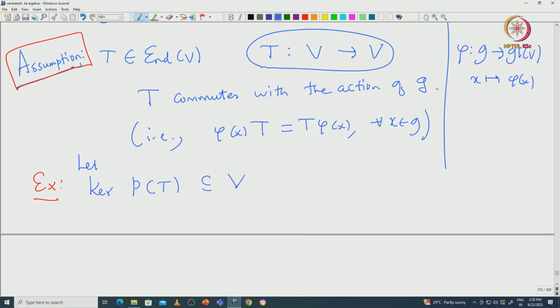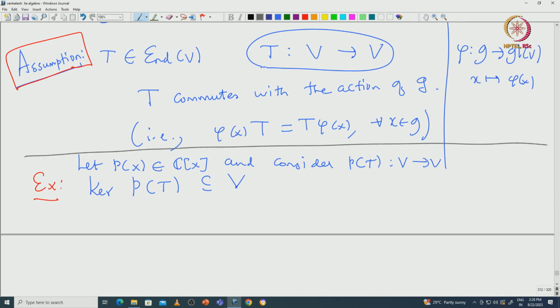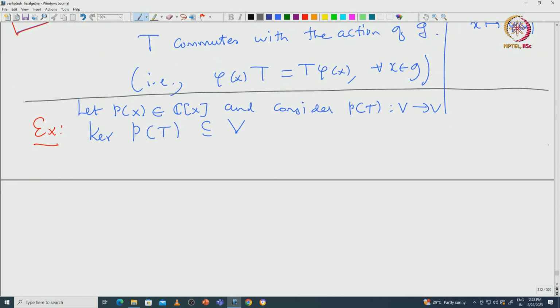Then this will be a subspace of V. So, let P of x be inside C[x] and consider this P of T, which is a map from V to V. Then we can talk about this kernel of P of T. This is going to be a subspace of V. Now what is my claim? My claim is this kernel of P of T must be G invariant, or a G submodule